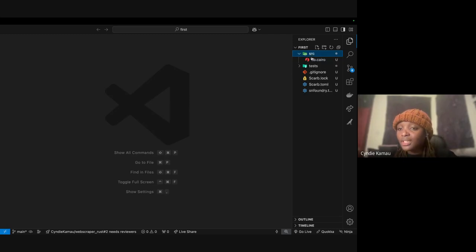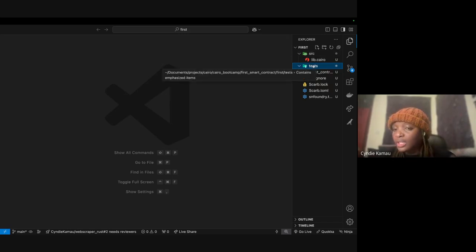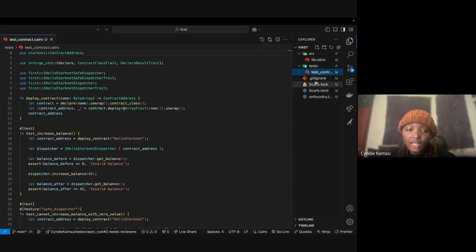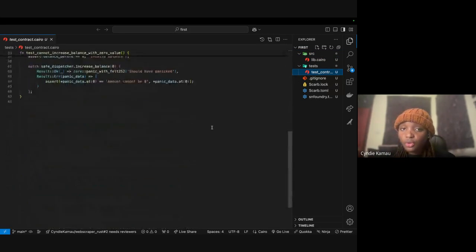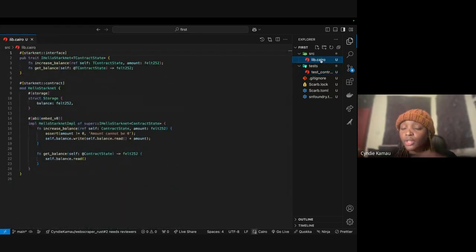Okay, so we have the source, and then we have tests. When you're implementing a smart contract with Foundry, it's set up for you with 2 things: lib.cairo, the source file here, and then we also have tests. So it gives you a template for writing tests specific to your smart contract, right? Because as we continue with the bootcamp, you also learn about testing, because testing is very important, ensuring your logic works, everything is working before you deploy, right?